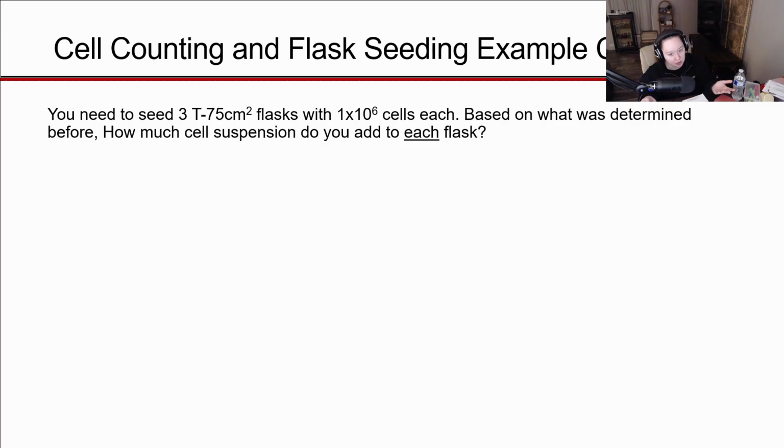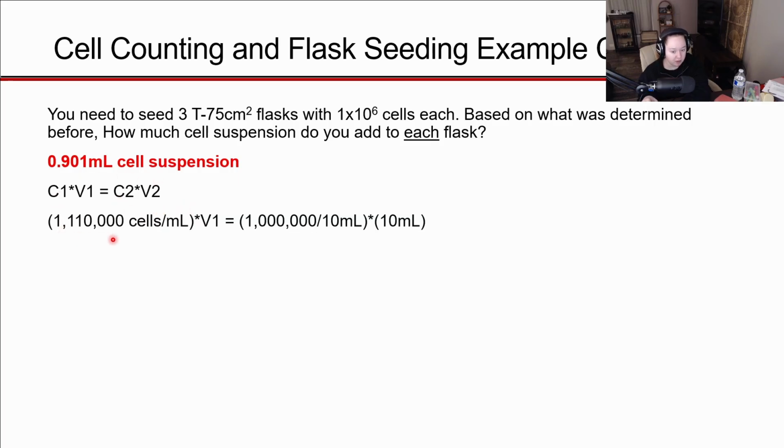So just to continue working it out, based on what we determined before, how much cell suspension do you need to add to each flask if we're seeding those 3 T75 flasks with 1 million cells each? We would need 0.901 milliliters of cell suspension. And then this is where we employ the C1V1 formula. So we know C1 from the previous problem. This is our cell concentration, this is what we counted: 1,110,000 cells per milliliter. V1 is what we're solving for, how much cell suspension to take from that cell suspension